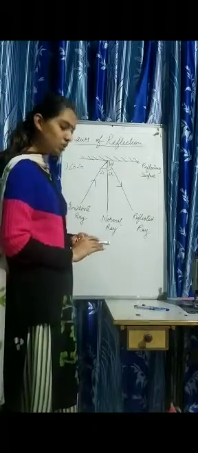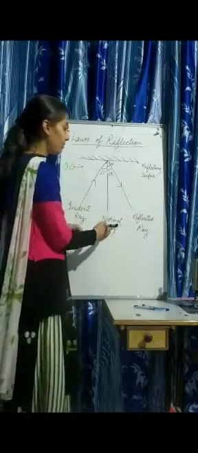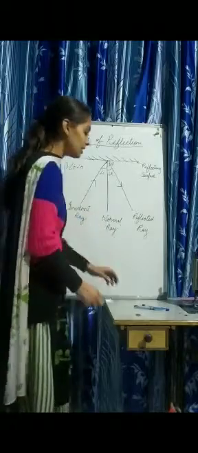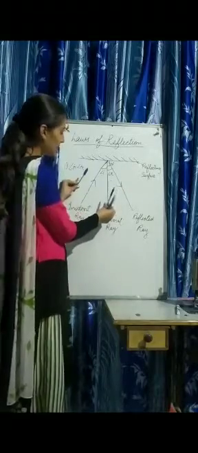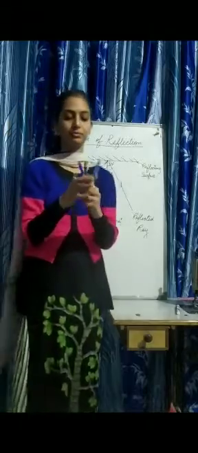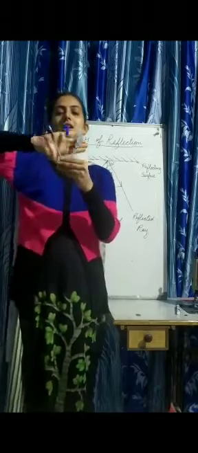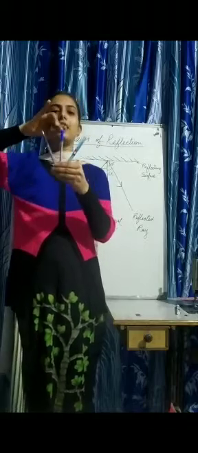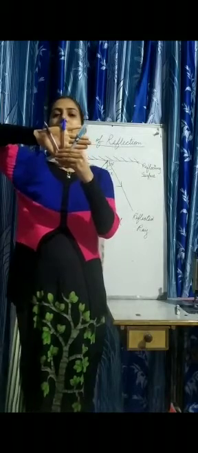Now the second law states that the incident ray, reflected ray and the normal ray all lie in the same plane. By the same plane we mean that these are in the same phase. For this I will show you like this. Suppose this is a reflected ray, this is the normal ray and this is the incident ray. You have to assume that my palm, my hand, is one plane. Now you can see that the reflected ray, normal ray and the incident ray, all three are in my palm, that is, they are in the same plane.